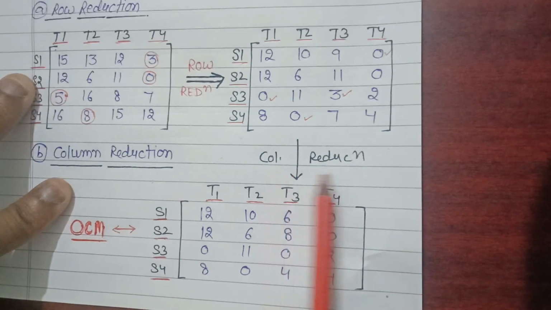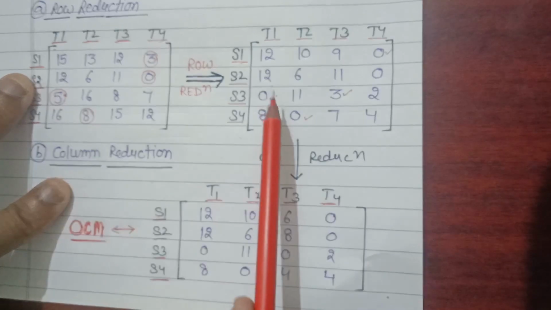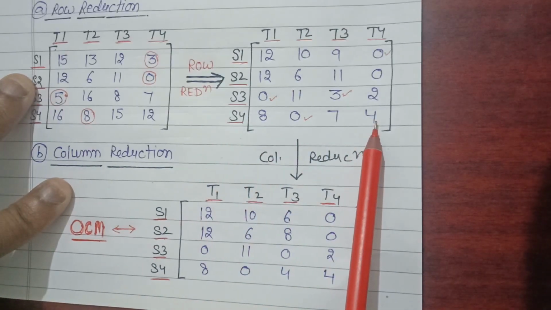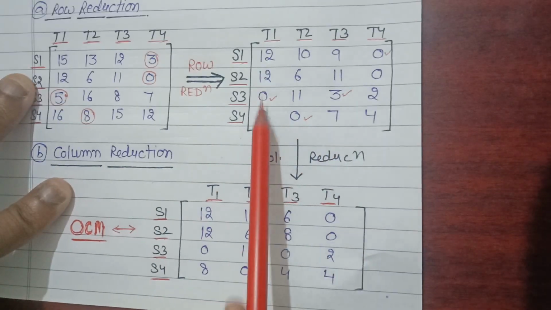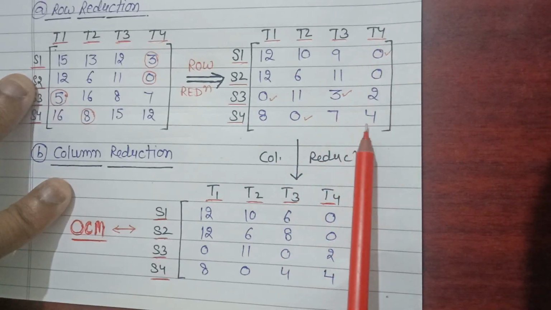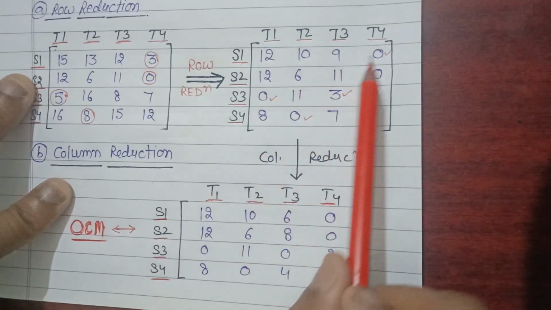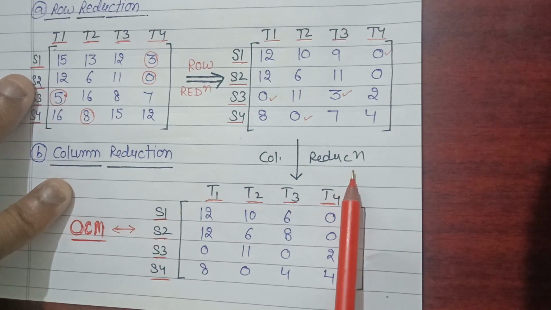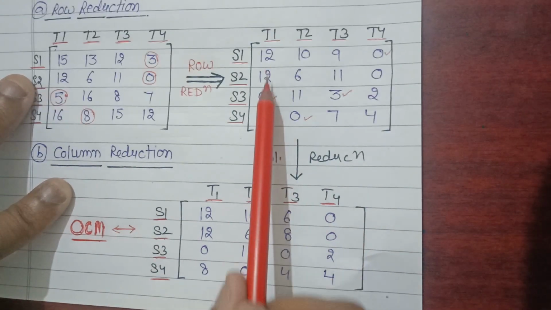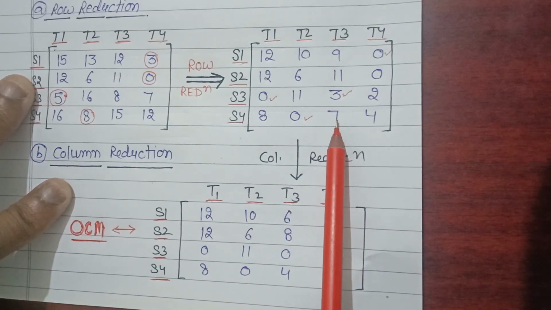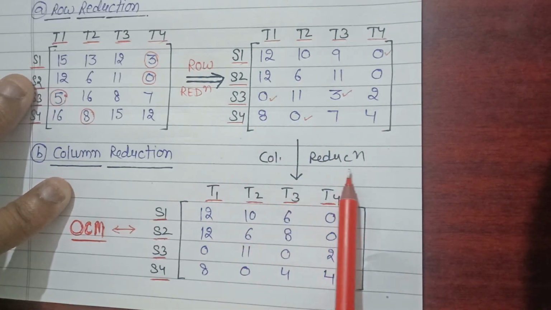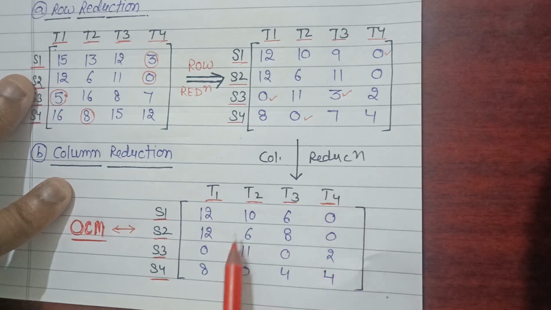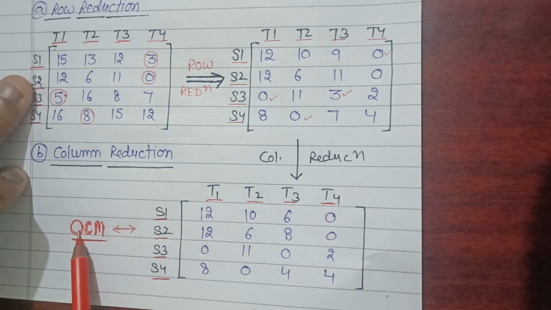But before going to column reduction, check the row reduced matrix and find whether all the columns have a single or more than one zero. If all the columns have a 0 or more than one 0, then you need not perform this column reduction operation. In this case you will see that column 3 does not have a 0, so we have to perform the operation of column reduction so that we can produce an opportunity cost